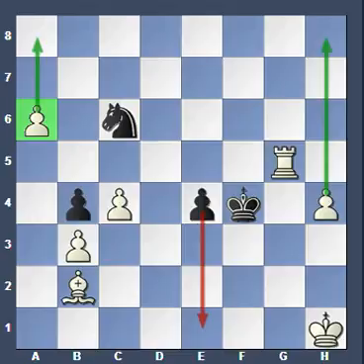So the question is, what is the best move for black? And what I want you to think about is, can the white pawn promote quicker than the black pawn? And if so, how? And are there any pieces on black's side that are